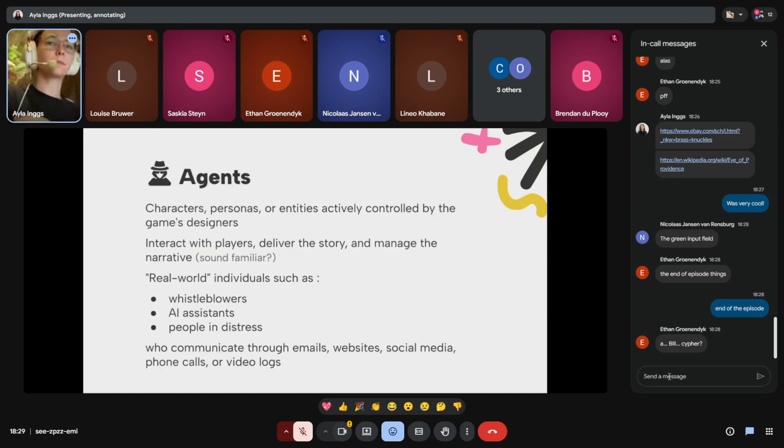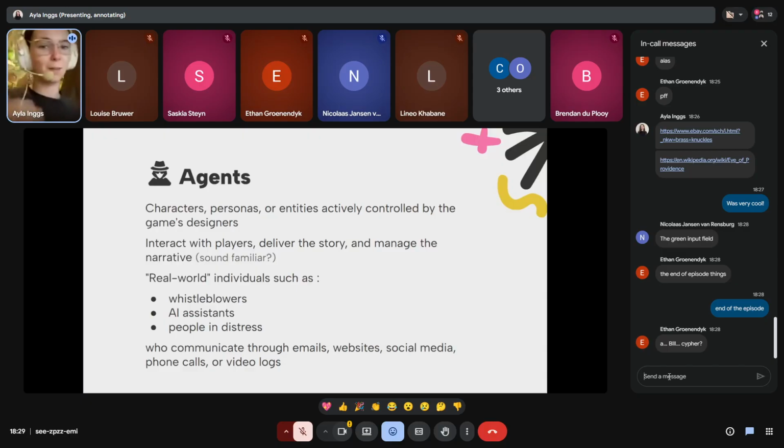Okay. We then get our agents. These are people, characters, personas, entities that are controlled by the game master or the person who's designed the game. They interact with the players of the game. They deliver the story, they manage the narrative, they give clues.